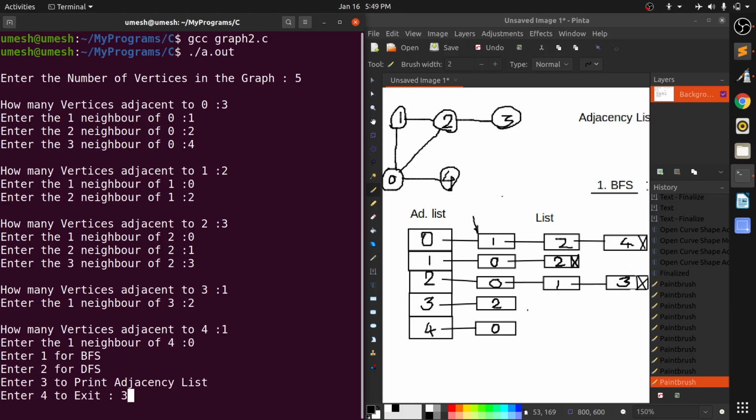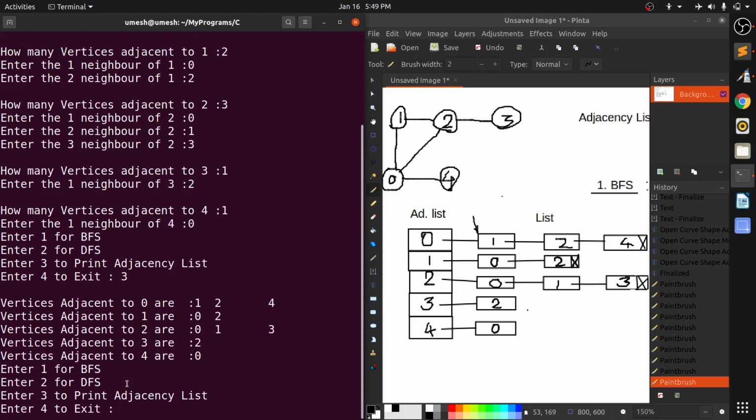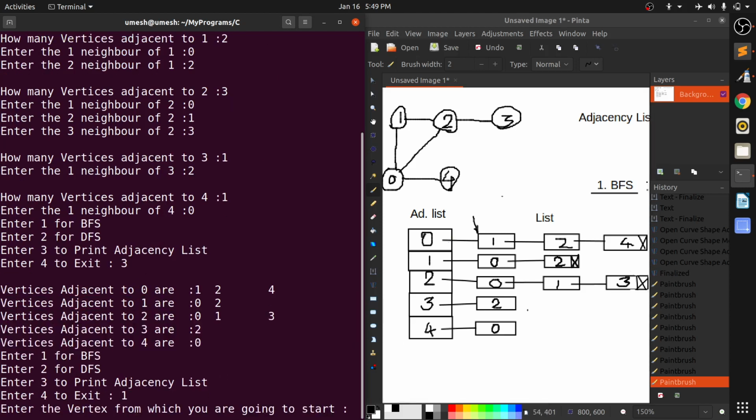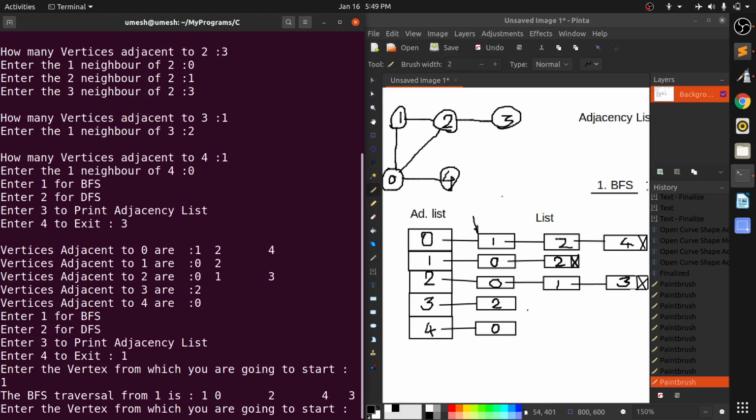And print the adjacency list. It is printing fine. Okay, BFS, and I want BFS from 1. Yeah, it has given the BFS. From 1 it is printing 0 and 2, then 4 and 3. Yeah, okay, now you can see here the BFS is printed as we want.